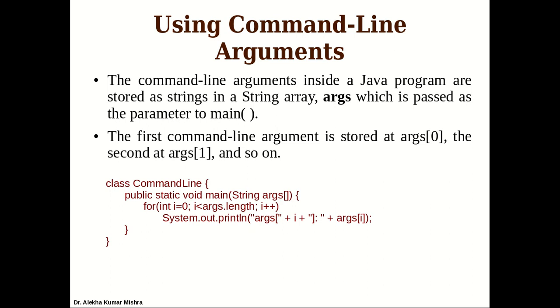And remember how to provide it: after writing the execution command, you write each argument separated by a space character. That's it. Let us see an example of how we can take input through command line arguments. Remember these are all in the form of strings. If you are taking a number, we should use some parsing methods, which we will discuss later when we discuss some Java packages.